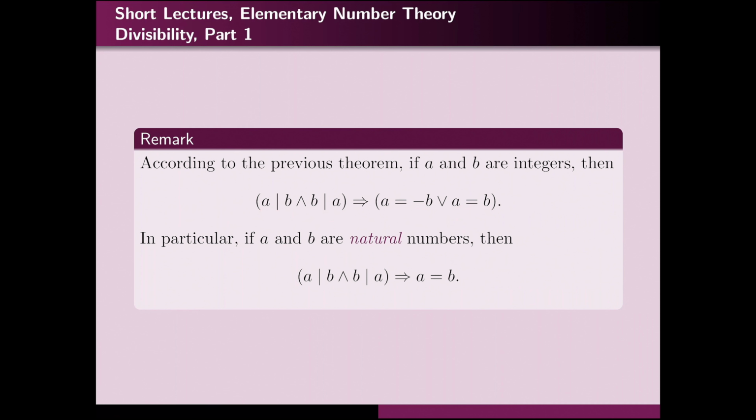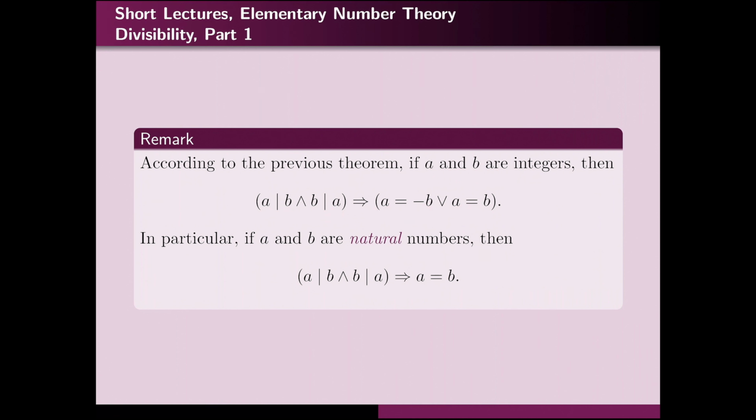Okay, but in this case I have to be a little bit careful. I have to write that A and B are non-zero integers. So that was a little mistake from my side. We have to mention that A and B are non-zero integers. Okay, please fix it yourself. And if I know that A divides B and B divides A, then I can conclude that there are two possibilities. Either they are equal or they are opposite to one another.